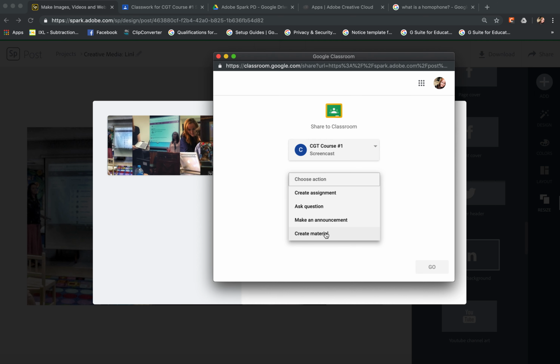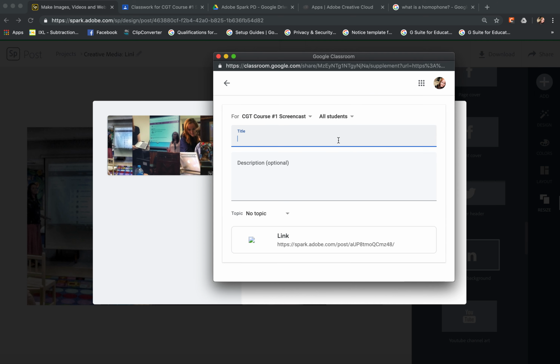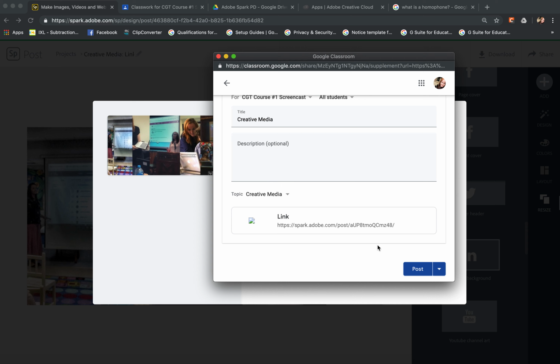In this instance, we're going to create a material to share with our students, and then we can fill in all of the different fields for the Google Classroom lesson, enter a description, the objective, and what you would like the students to do with it. Choose a topic, creative media, and you'll see here's the link for our Adobe Spark that we just created, the post. And then here you can choose posts that will send the lesson directly to Google Classroom, visible immediately for